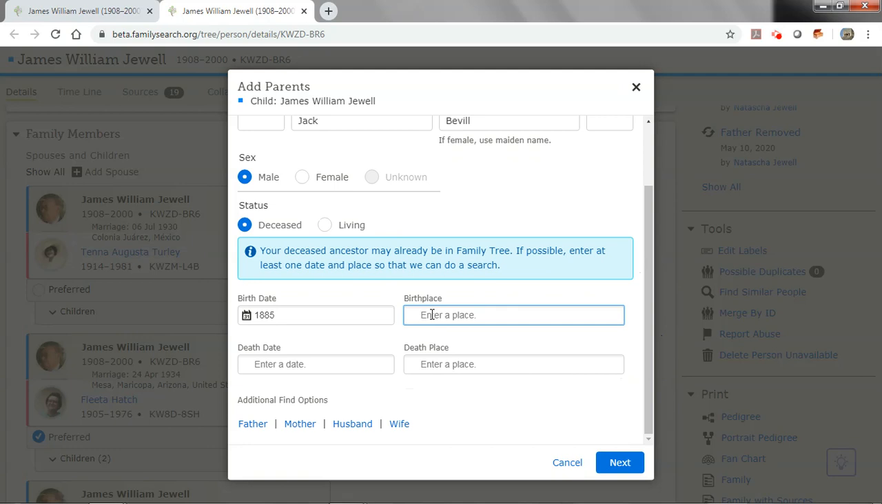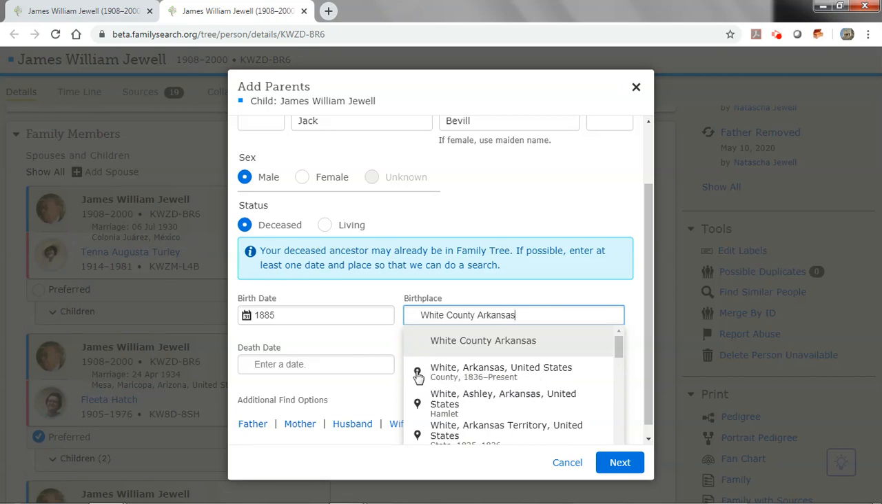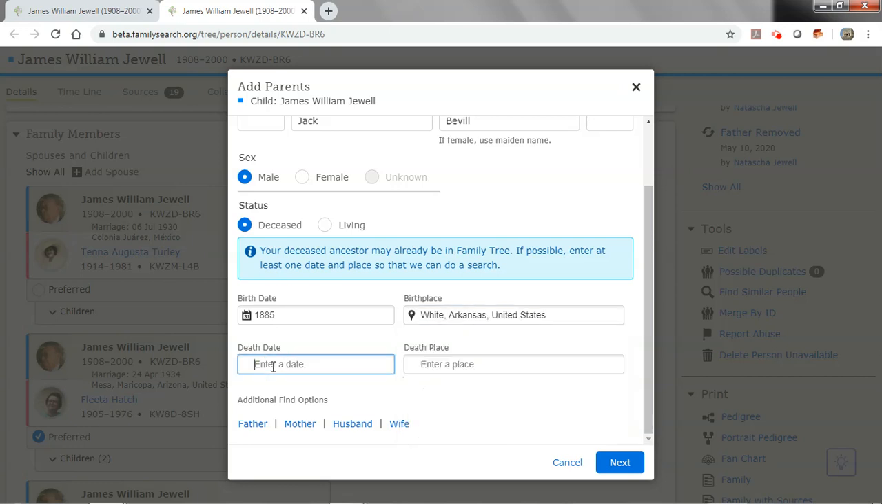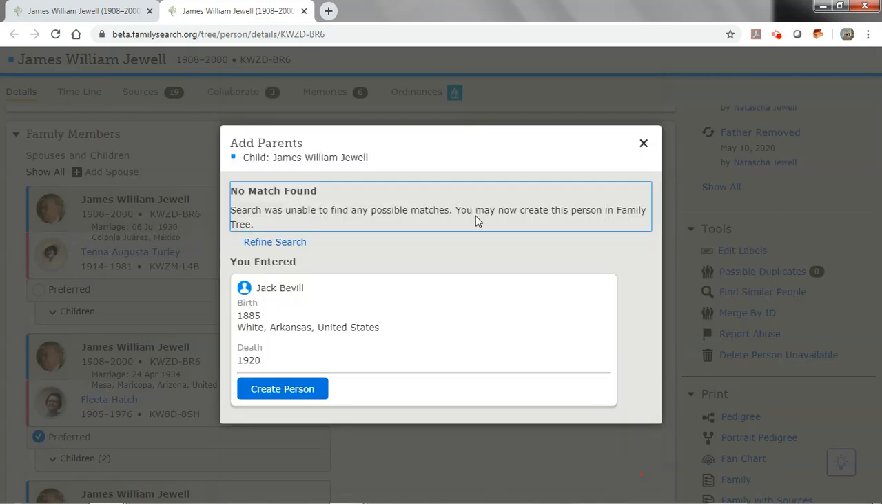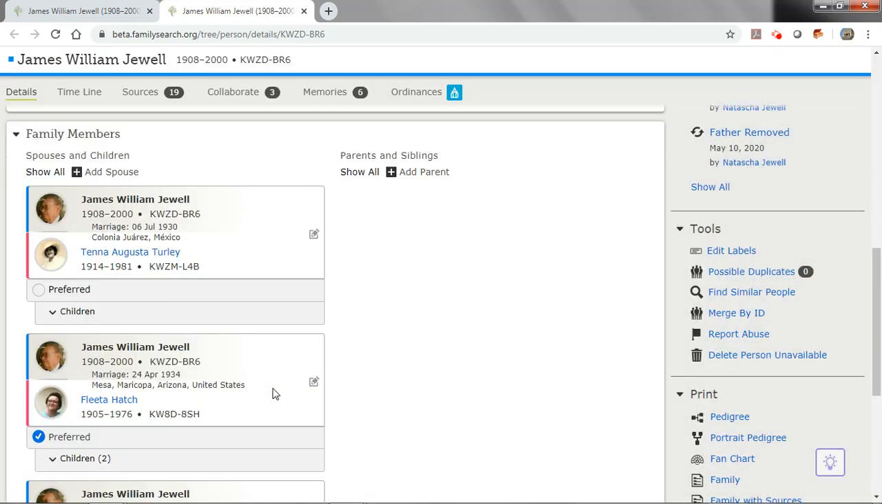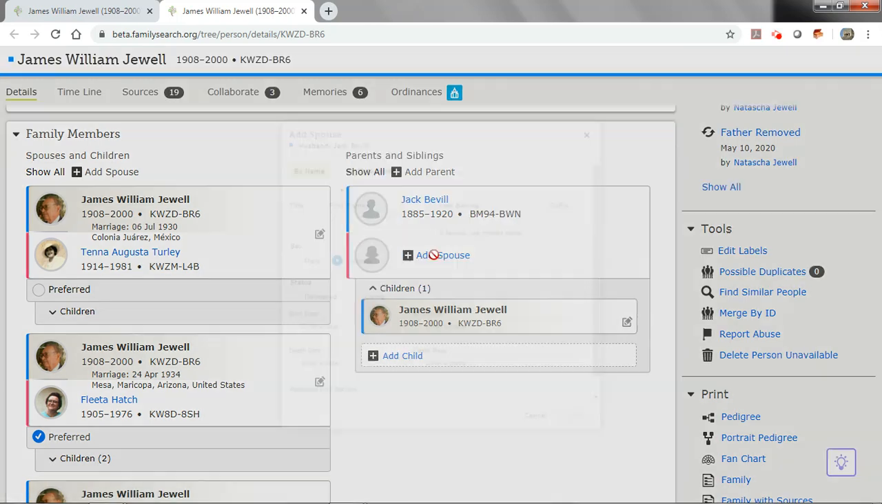And I will click into the birthplace, which was White County, Arkansas. And it picks up a standardize down here, and I am going to click on that. His death date was in 1920. I don't know where he died. I will standardize the date, but I'm going to click Next. The system goes out and it searches and it did not find a match, so I'm going to create a person. So now we see his father is in here